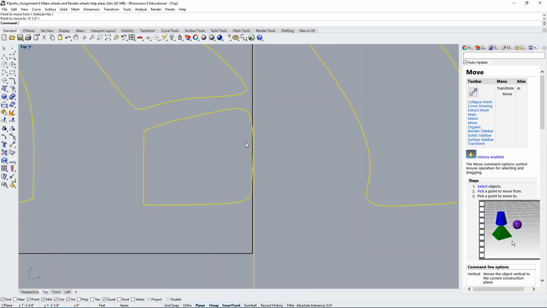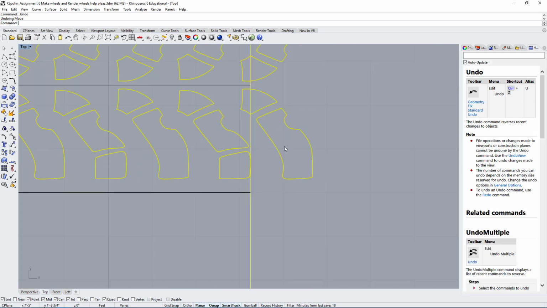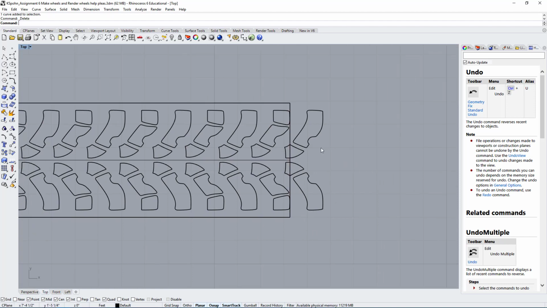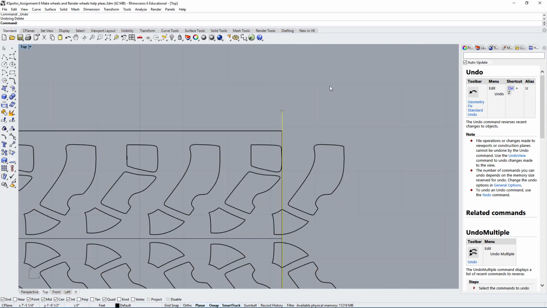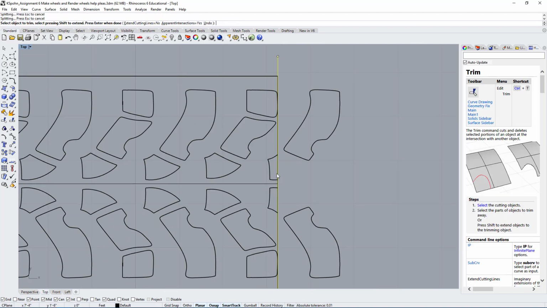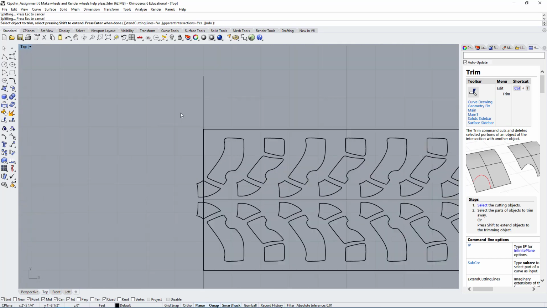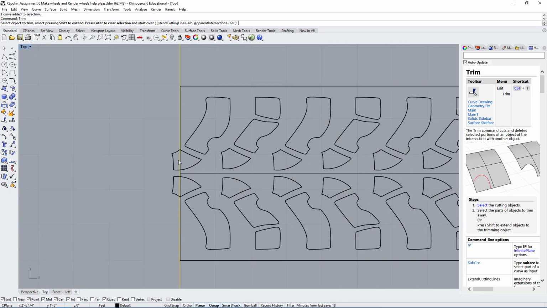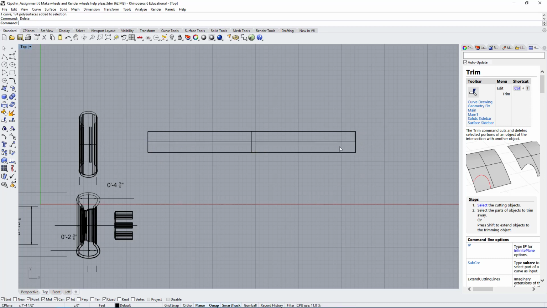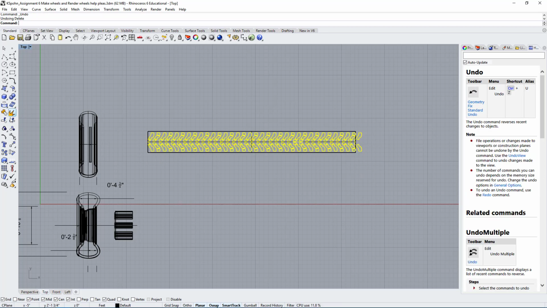And again, it makes the software work a lot harder, which is not what we want for a complex pattern. Now, if it was a simpler pattern, I would spend the extra time and really make it work. But this is complex enough. So let's go in, trim anything that goes beyond this line, and do the same thing on the other side. Trim this. So here you go. This is the first problem that you have to solve when you create tire threads. You have to make sure your pattern makes sense.